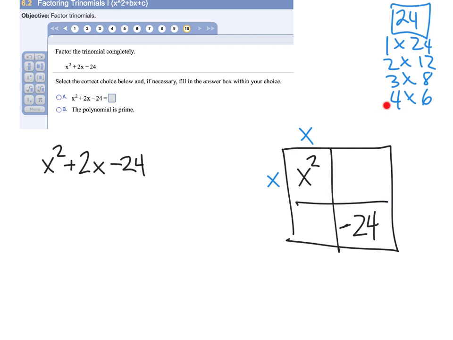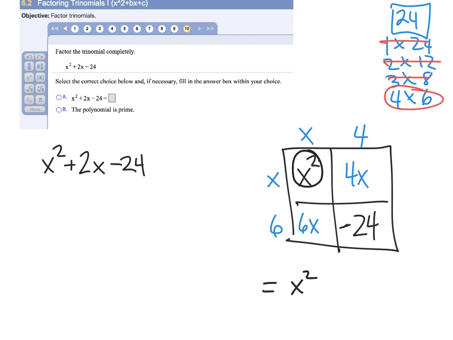So that means I'm going to choose as my guess 4 and 6. So I'm just going to arbitrarily put the 4 there and the 6 there. That is a guess. We might need to switch the 4 and the 6 to see if it works. So let's multiply to see if we're right. So we've got 4x here, we've got 6x here, and so now when we combine our terms, we've got x squared, because that's what we want. But now,